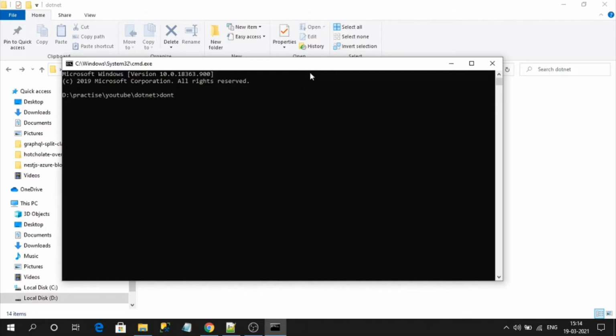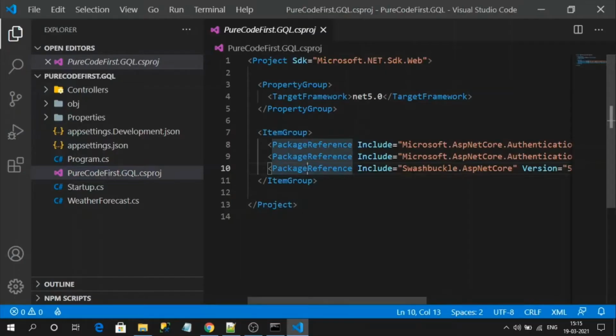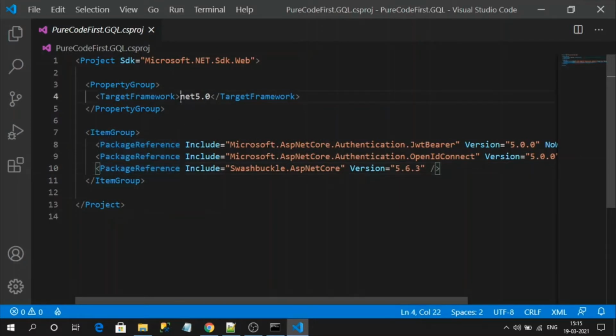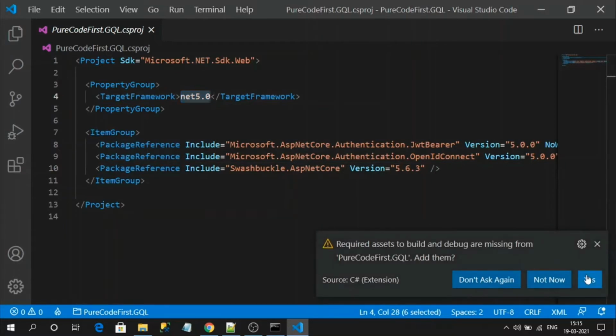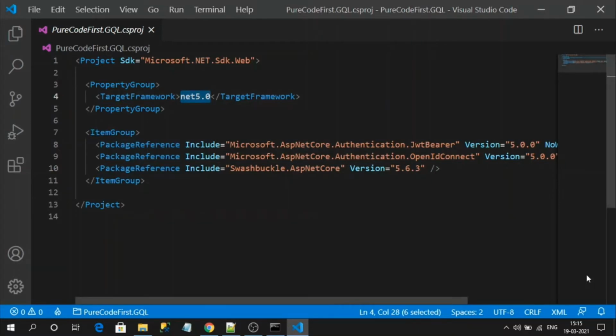So let's start creating the project. dotnet new, template name webapi, and my project name. You can see the target framework here, .NET 5.0.